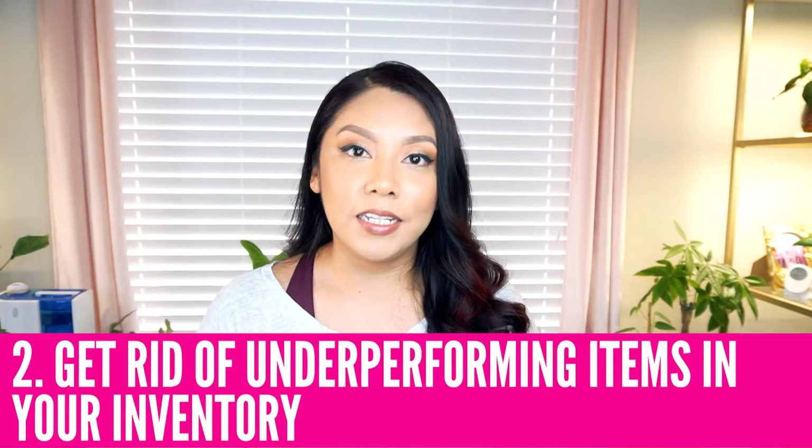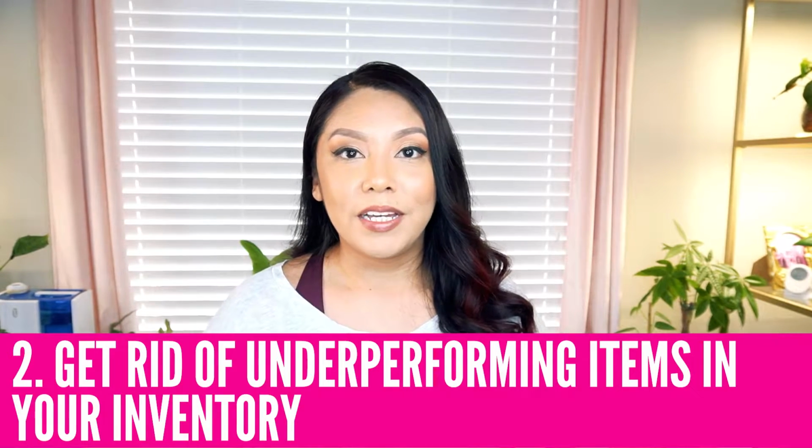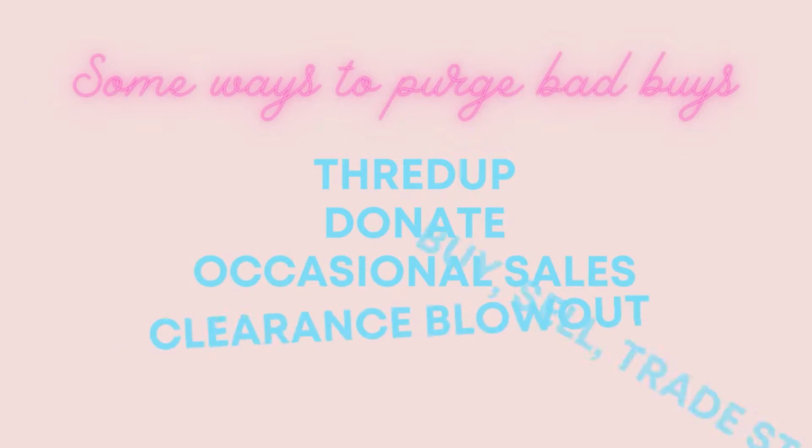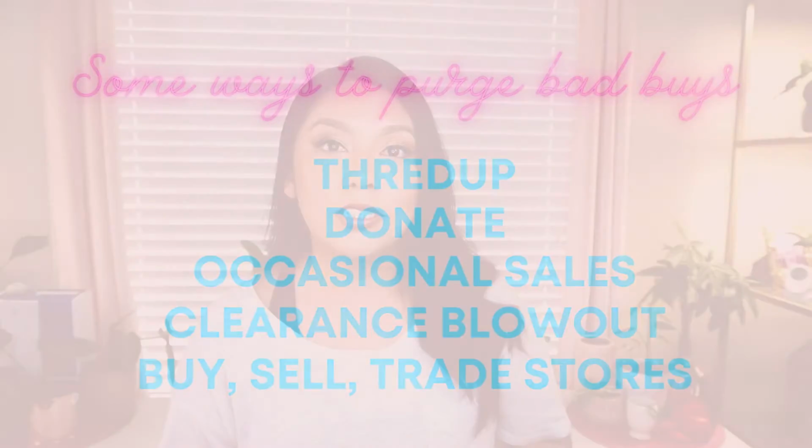My next tip for you is to get rid of any underperforming items within your inventory. So there are several ways to get rid of those bad buys, including using ThredUp. You can just go ahead and straight up donate them like I have over the last quarter. You can run sales on your Poshmark closet, your eBay stores, whatever platforms you're selling on. Run some clearance sales just like the big box stores do. You can use those buy sell trade stores like Buffalo Exchange, or there's several different options for you to get rid of those bad buys, but definitely don't want to hang on to them if they're not performing after a